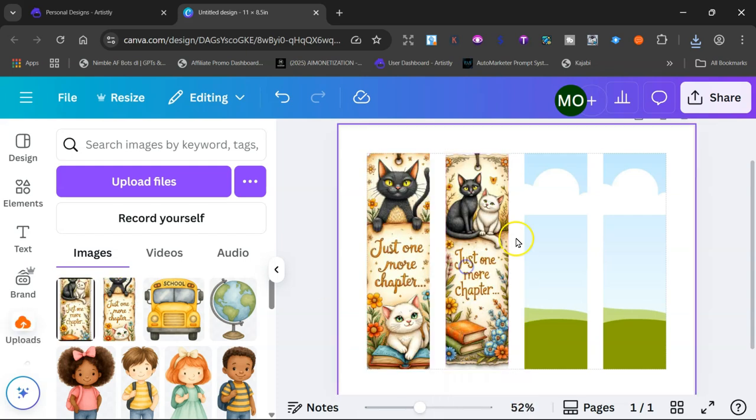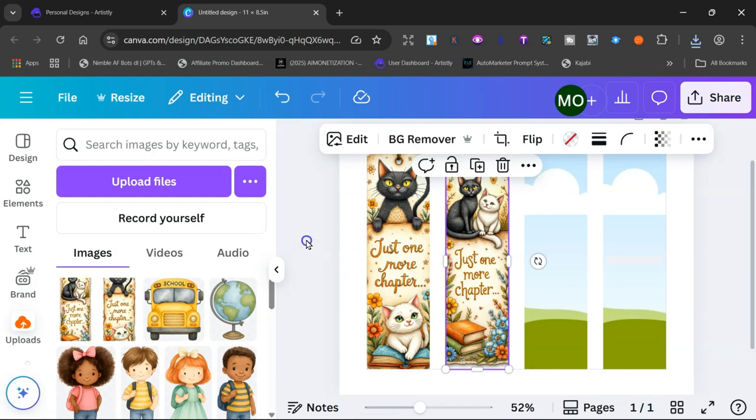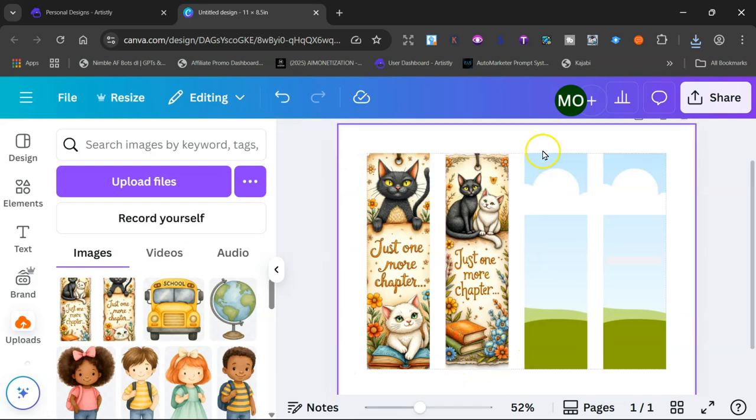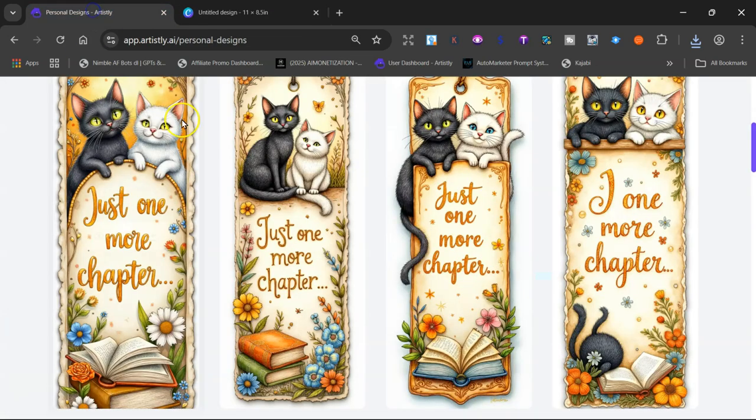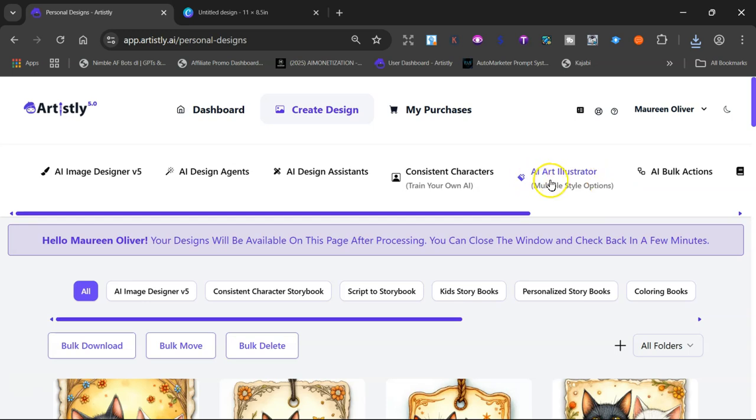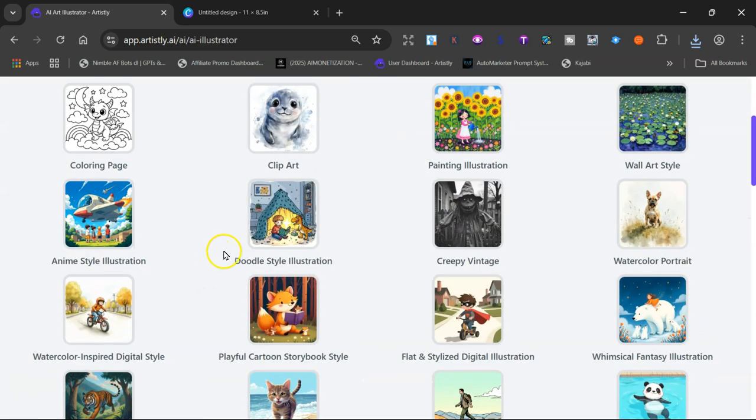Let's drag that one in here. Nice. So this one I would have gone in and cropped. Like I would crop it because, well, you could leave it like that actually. It's kind of cool. And then just keep doing that. It's very simple. So any kind of design that you want, just go over to AI Art Illustrator and let's